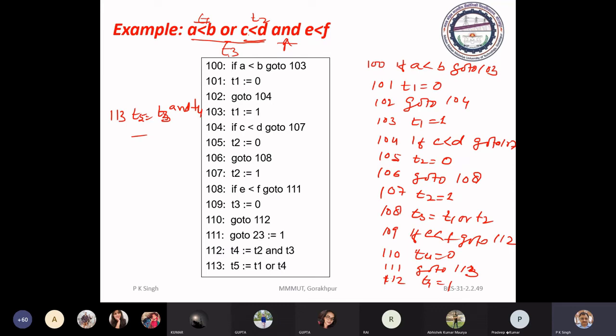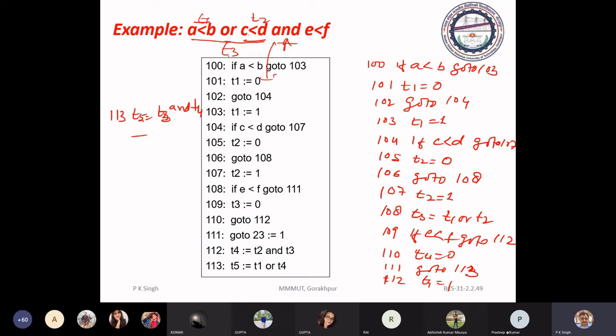See the translation of the first one. In this translation, this code, we have the precedence of AND operator over OR operator.